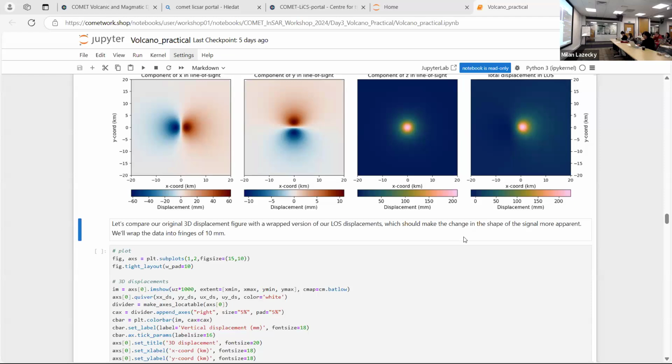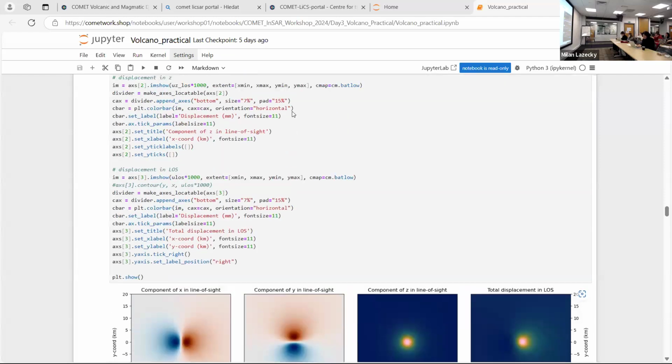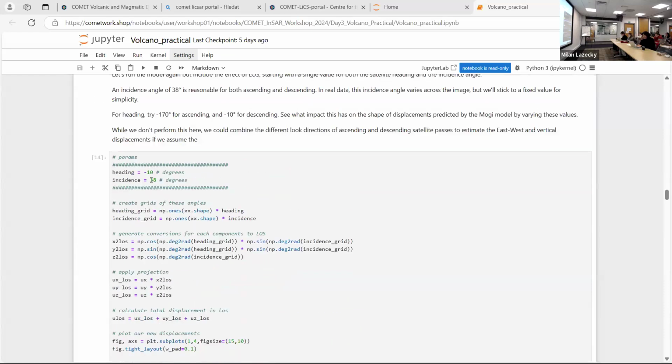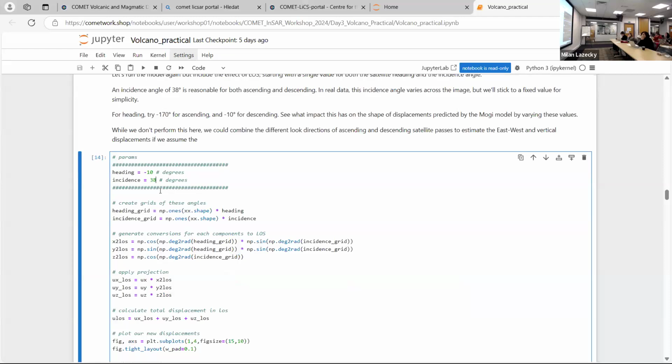People in the room, have we had a play with our line of sights? So to exaggerate the point, I'll keep the heading at -10. If we change our incidence angle to 90, oh, they're not numbers. Alt shift. We change the keyboard. Shift Alt F. Sorry. There you go. Okay, thank you. Yeah, perfect.